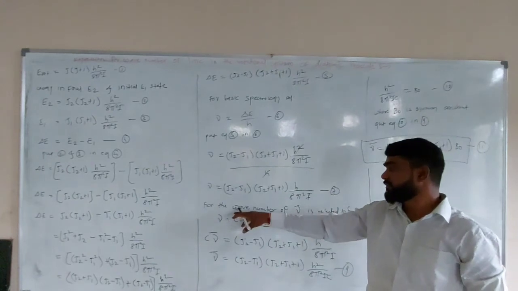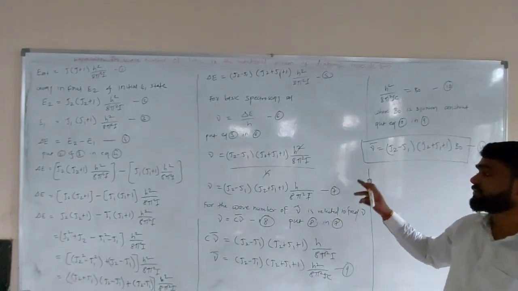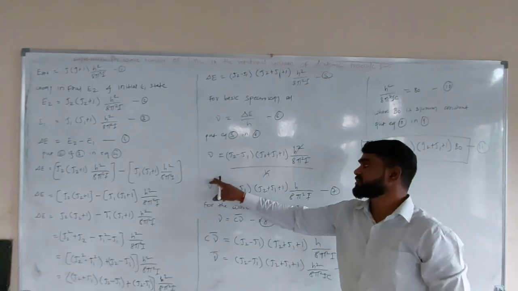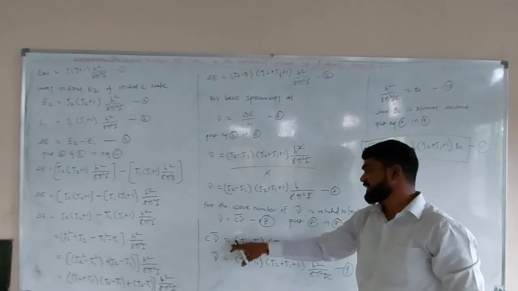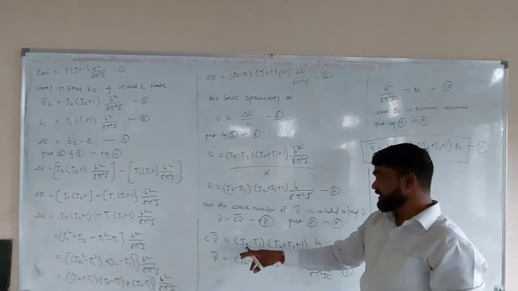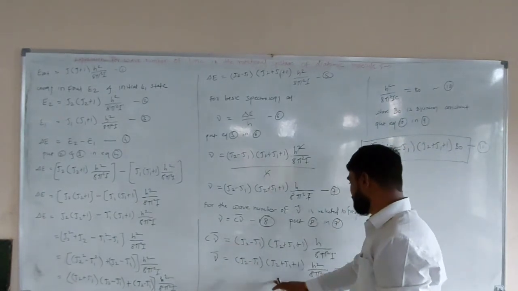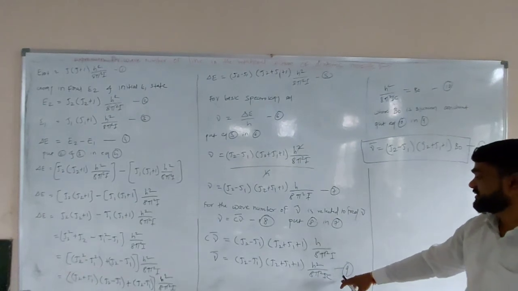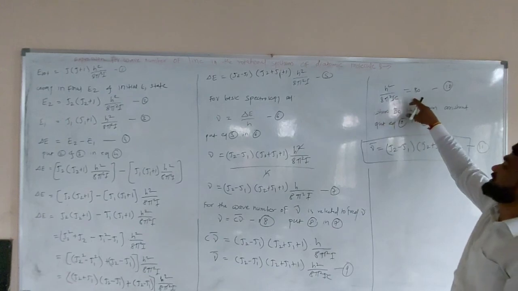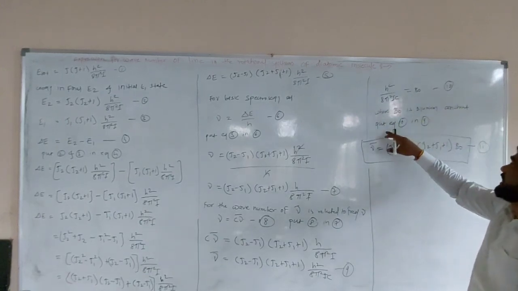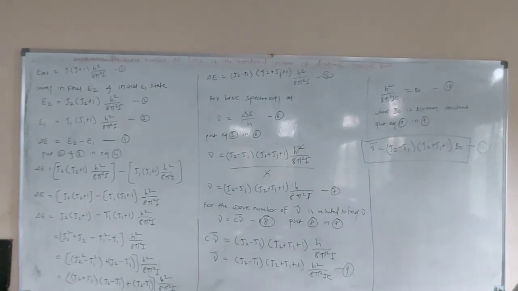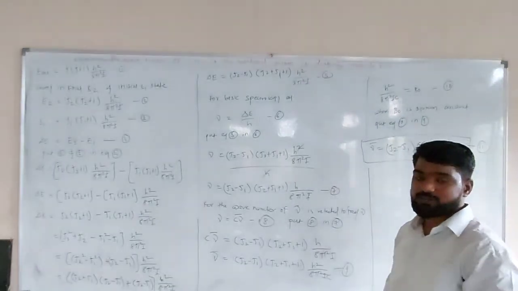Then for wave number of line, nu bar is related to the frequency, with the relation nu is equal to c into nu bar. Then in place of nu, we put the value c nu bar, and the remaining terms as they are. Then next step, simply shift c to the right hand side, and this is equation number 9. And finally the value of h upon 8 pi square I c is B0. B0 is a rotational constant, and put this in equation number 9, and we get a final equation of wave number of line in rotational spectrum.